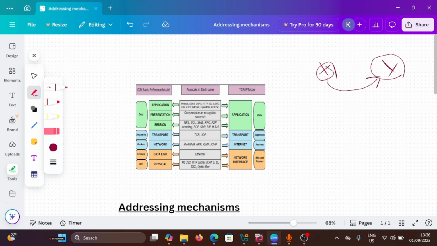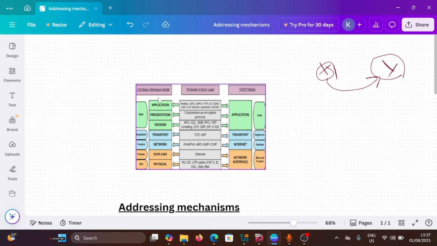Here will happen what we call encapsulation. Encapsulation is when a basic information acquires new information when passing through the layers. Maybe if I want to send the message hello from this machine to this one,